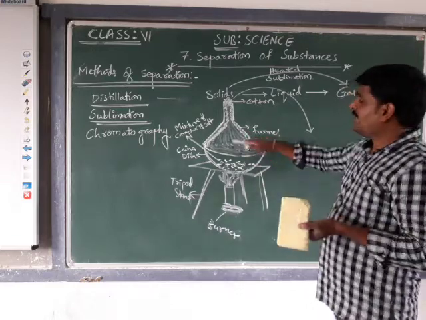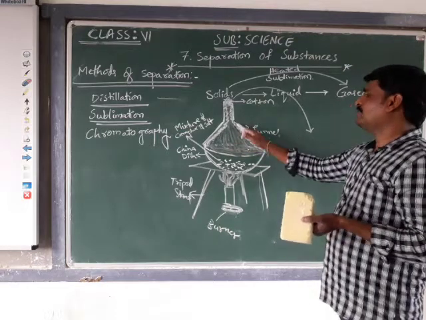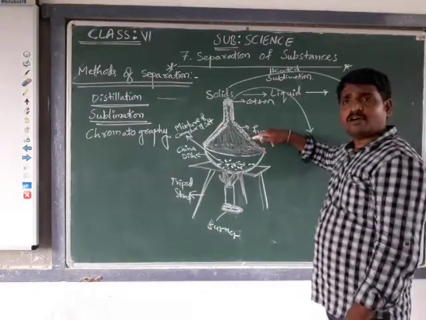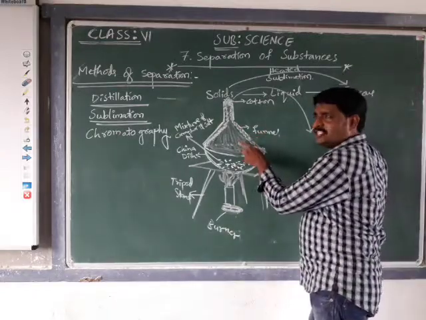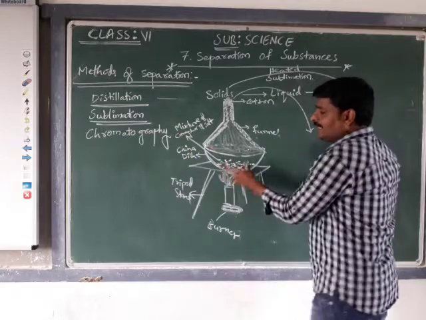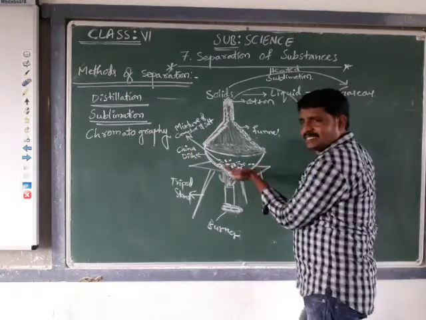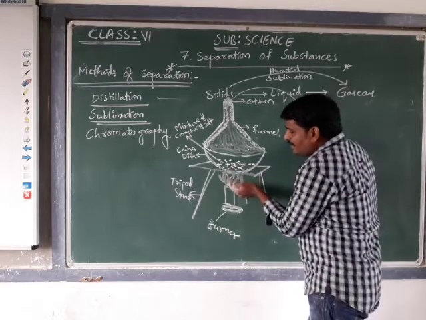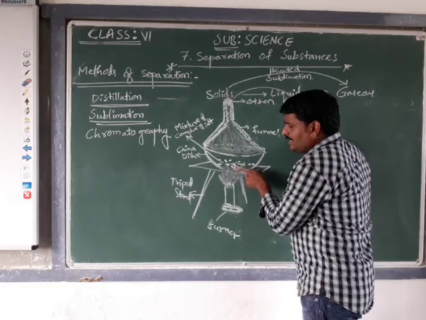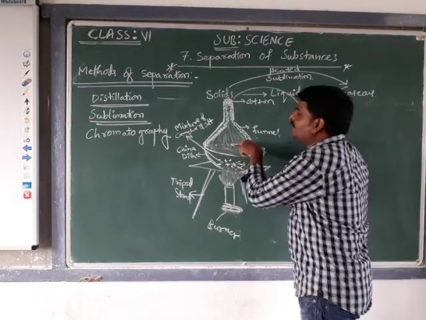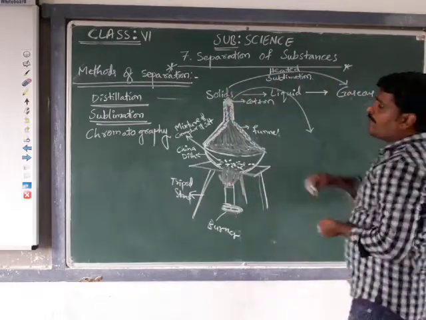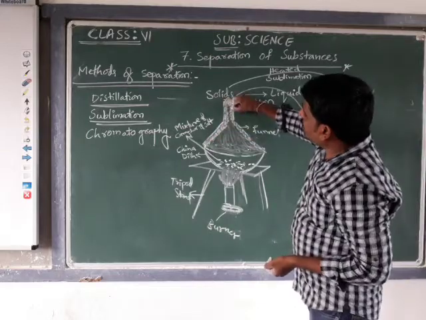After some time, the gaseous form of the chemical is going to settle on the walls of the funnel and convert into a solid form. What is that white gaseous form observed in the funnel? It is the camphor. Okay, camphor in solid, powdered form, when taken as a mixture with salt, whenever we supply heat to the camphor in the china dish, the camphor is converted directly into the gaseous form. That is, the solid state of the camphor is directly converted into the gaseous form, and it is going to settle on the walls of the funnel.